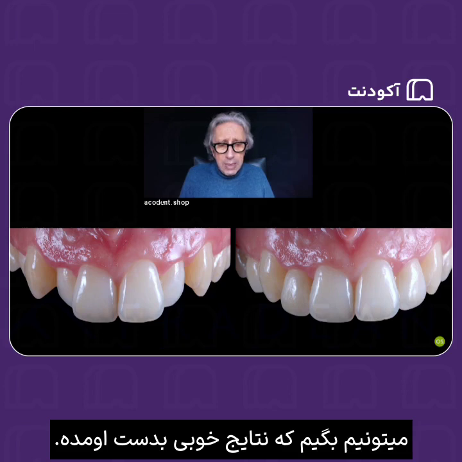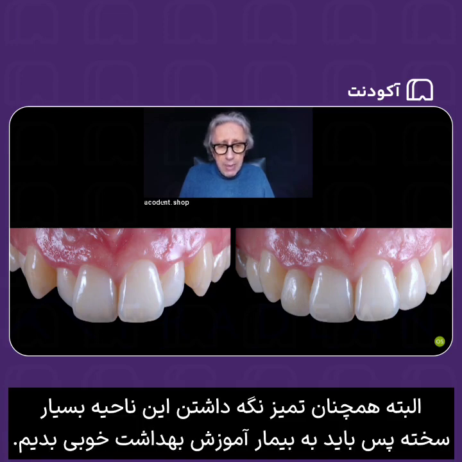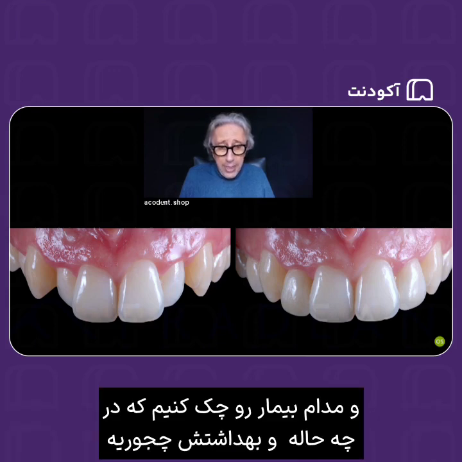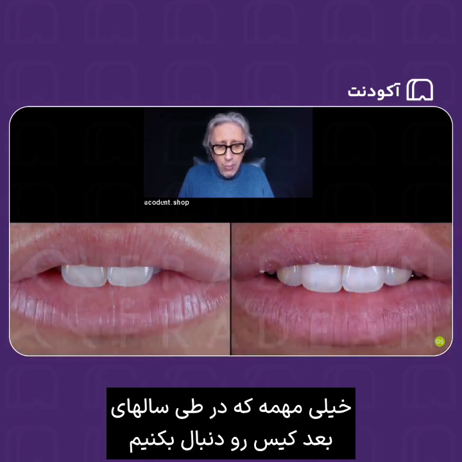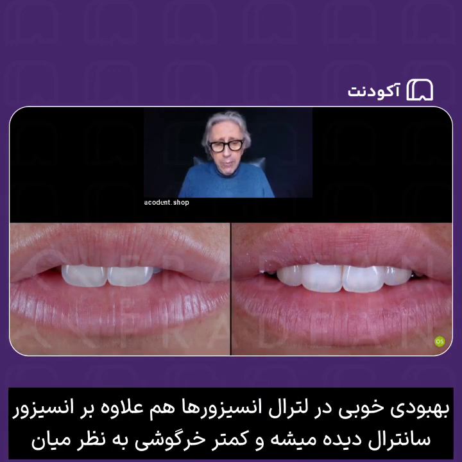We could say that it is a nice result obtained, but of course, it's still more complicated to clean this area. So we have to teach the patient to clean perfectly and to check that she's doing this kind of cleaning procedure all the time. That is very important to maintain the case over years. We had a good improvement also in terms of